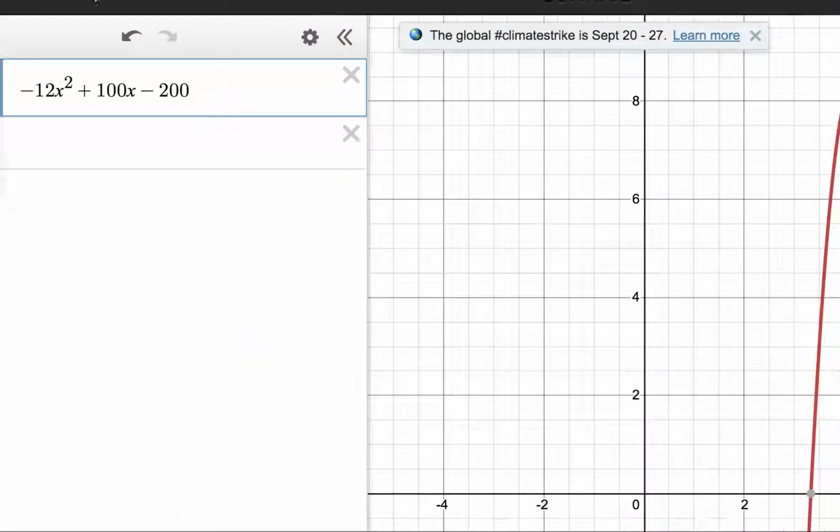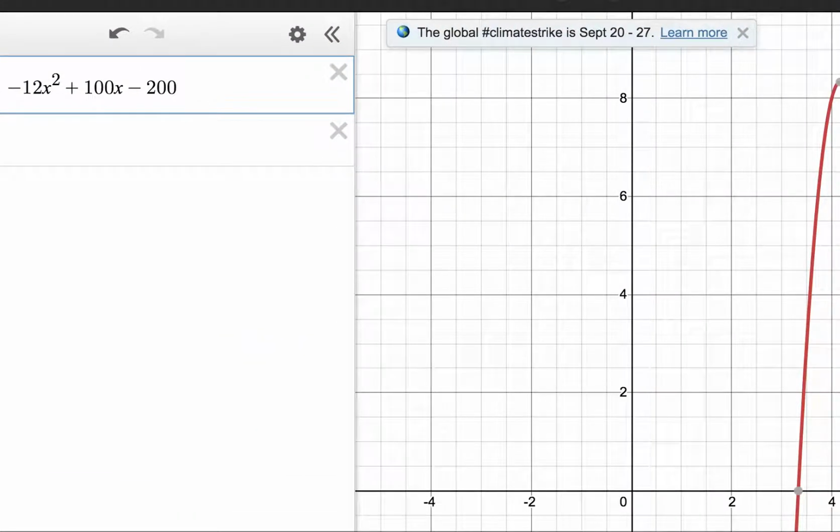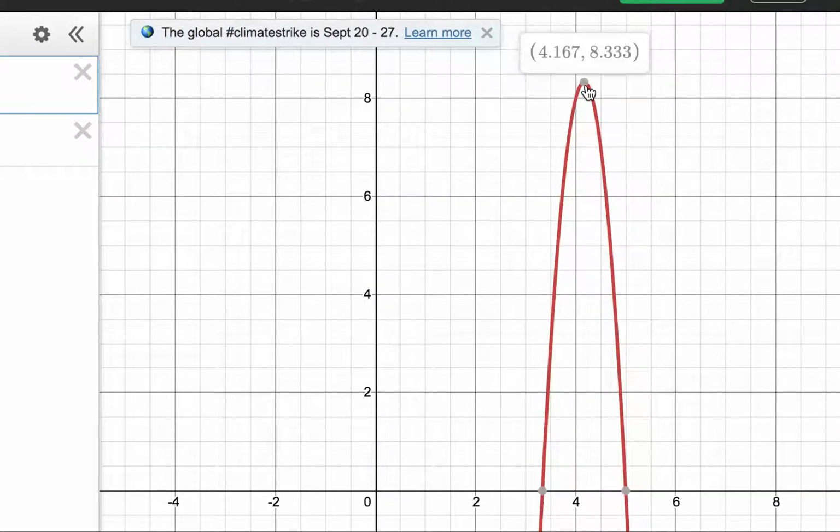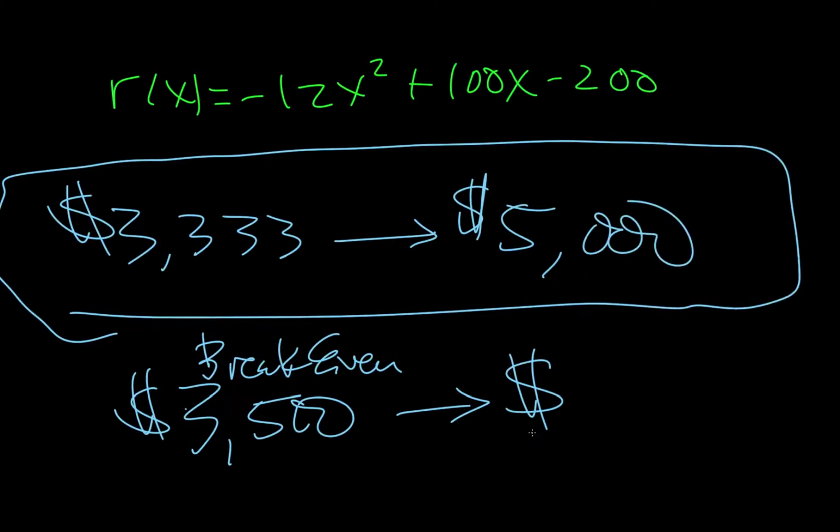So let's go back here. We'll do the same thing with the other side of the graph. We want to know what we put into it, and then let's see, that's about 4,700, we'll just say. It's close enough. So 4,700. So we need to spend something in between there, but the ideal amount is right at the peak,